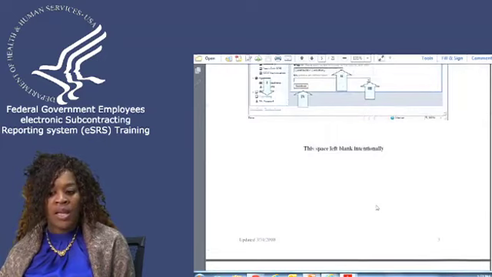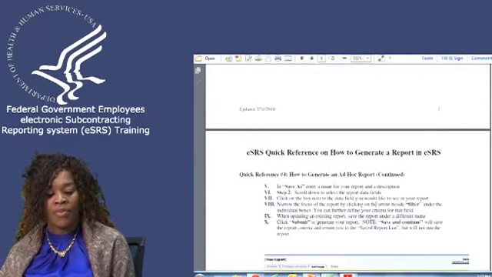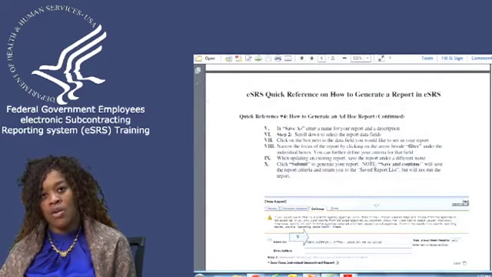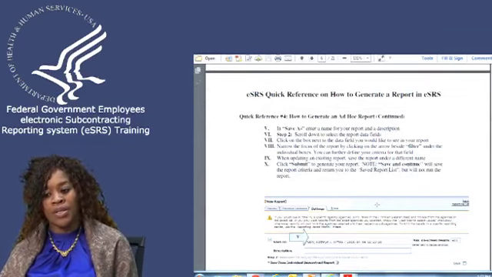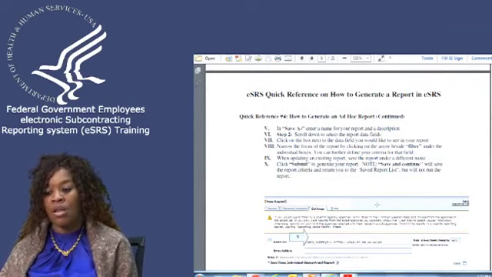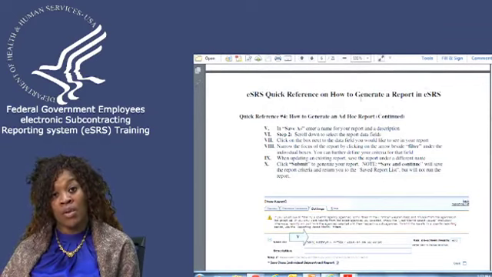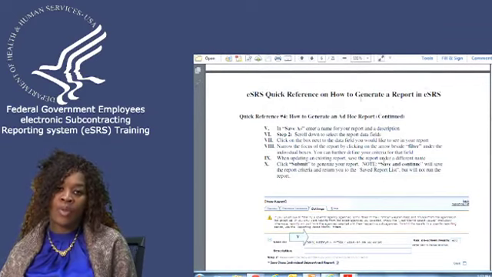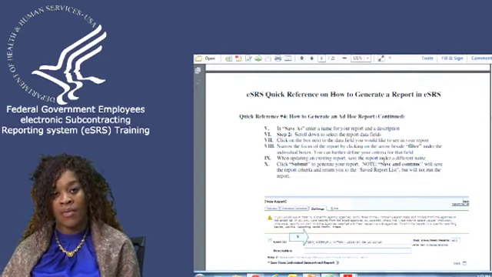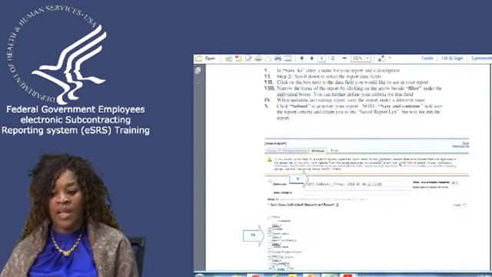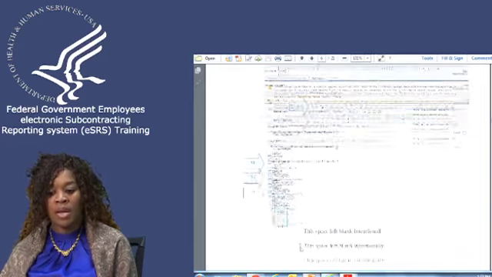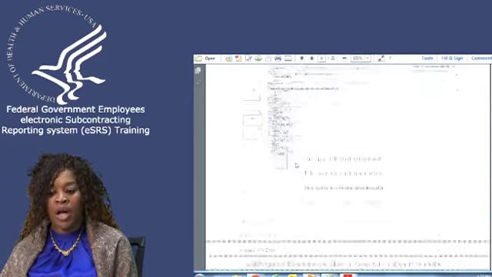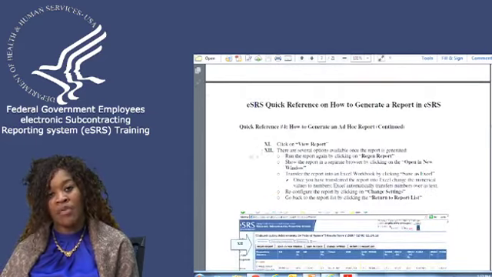So if your boss ever tells you, hey, I need some type of information out of eSRS, and you're wondering whether or not eSRS has reports for that, the only thing you need to do is log on to eSRS, look for the option that says generate a report, and review it to see if the reports that are there provide you with the information you need. It also gives you step-by-step information on how to run the reports. The numbers that correspond to the picture are the same numbers that correspond to the information below the picture.